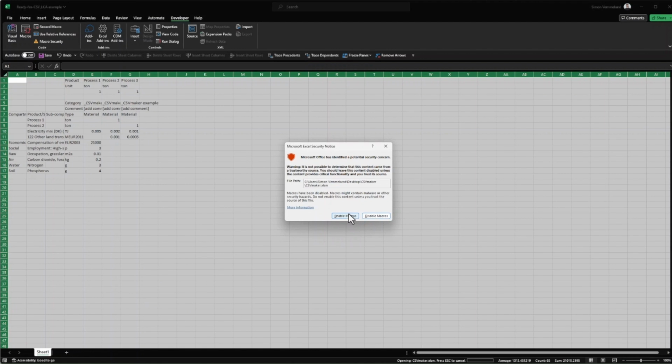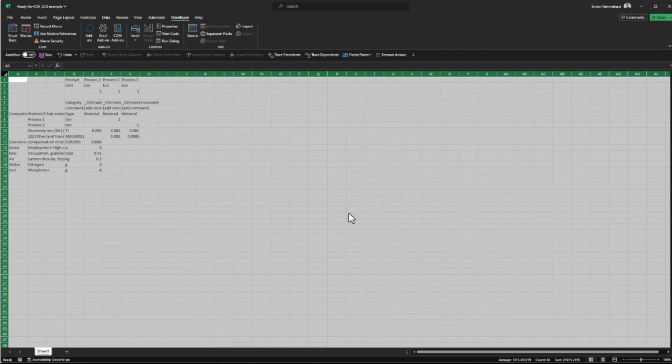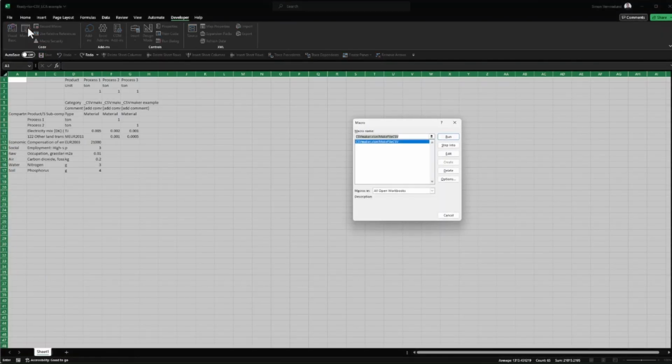A pop-up window will ask if you want to enable macros. Click Yes. You can now minimize this file or hide it. If we now go back to our Ready for CSV file and go to Developer, Macros, we can now see the CSV Maker macro is available.